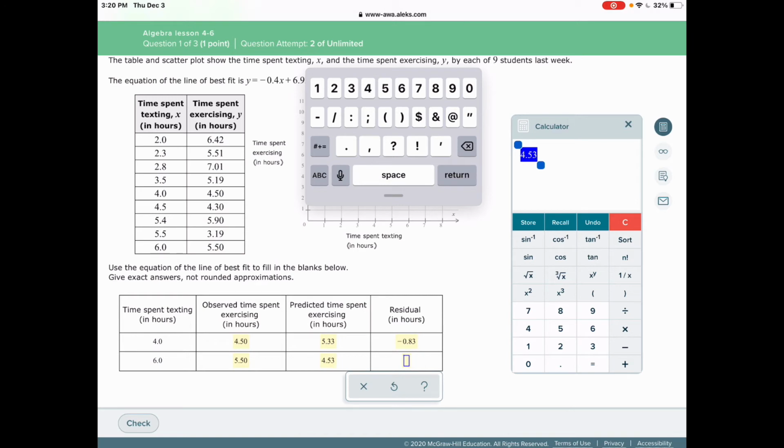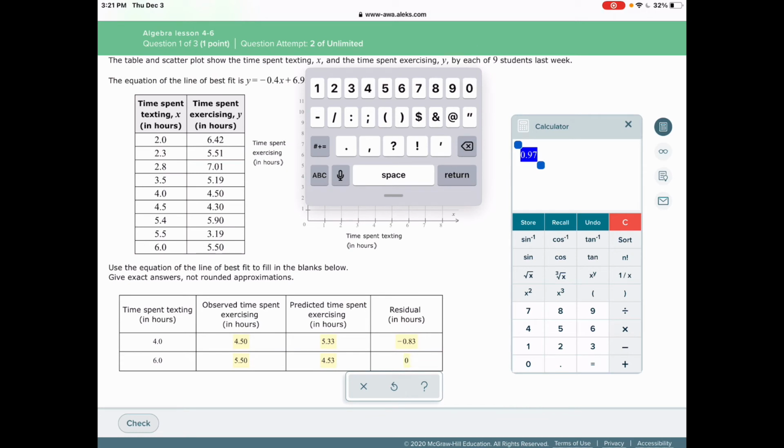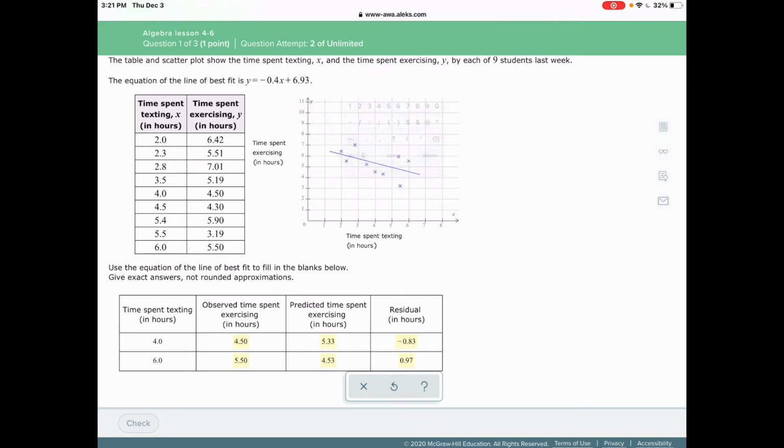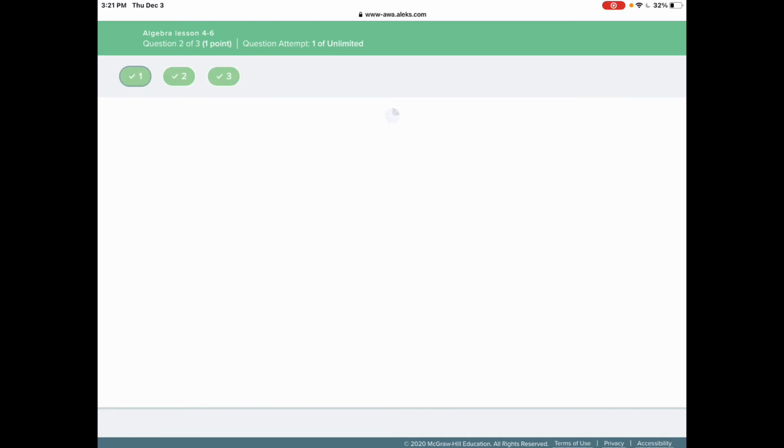To calculate the residual, I'm going to go 5.5 minus 4.53. Observed minus predicted. And that gets me 0.97. It's positive because my student actually exercised a little bit more than I predicted. So I'm going to hit check. In problem number 2,